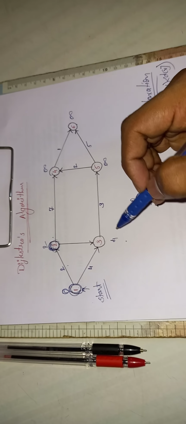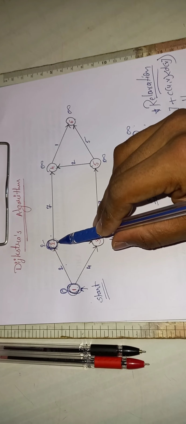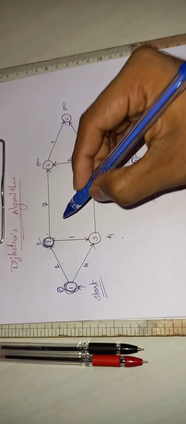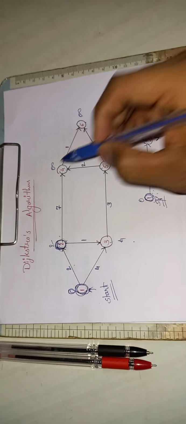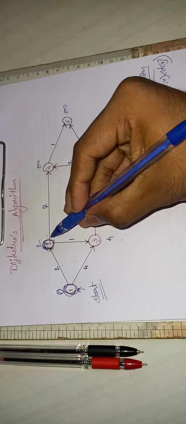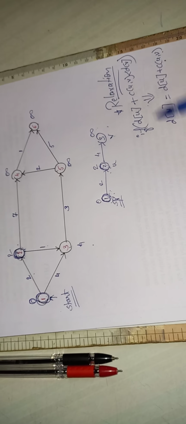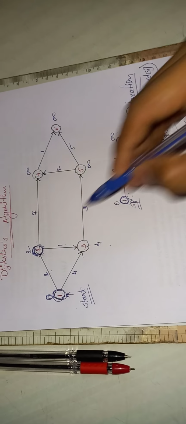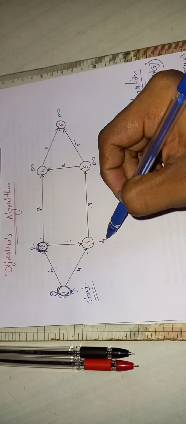Now which ones are the connected nodes, which ones are the connected edges to this selected edge? Okay, let's consider here the cost is 1. Now 2 to 3 and 2 to 4 we have to travel. Now 2 plus 1. As per the relaxation definition, we have to make the calculation of u and the cost in order to check whether it is less than v or not.